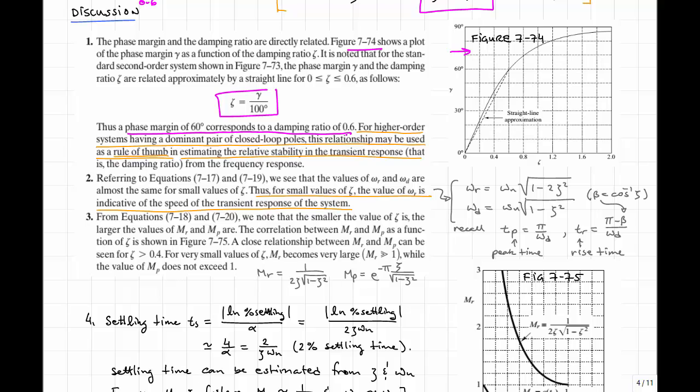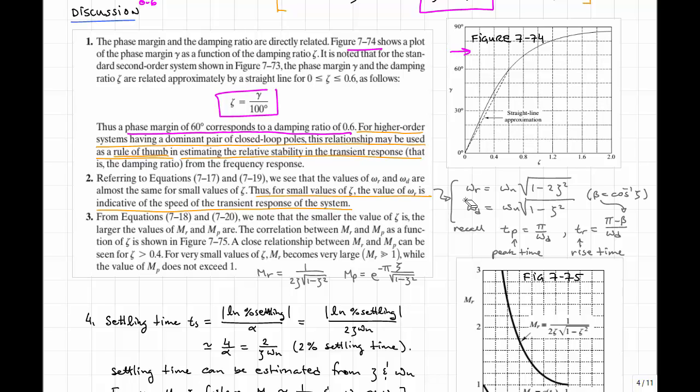That is the damping ratio from the frequency response. Okay, so this still is useful in higher order systems that have a dominant second order closed loop set of poles. Two, referring to these two equations right here, omega r and omega d, we see that the values of omega r, the resonant peak frequency, and omega d, the natural damped frequency, are almost the same for small values of zeta. So therefore,